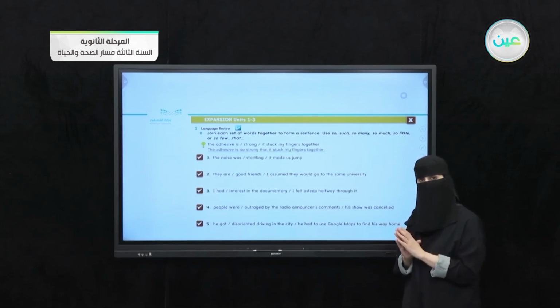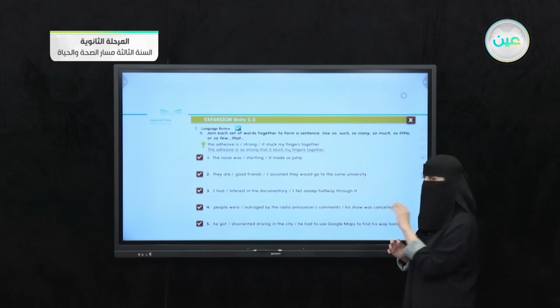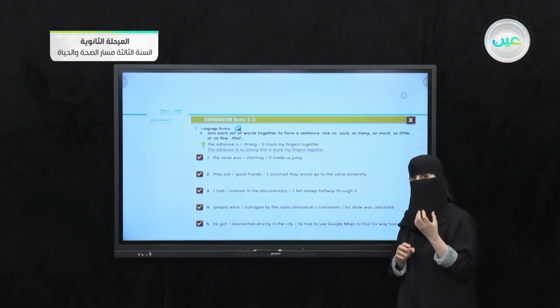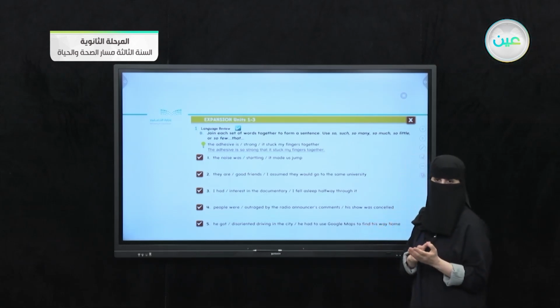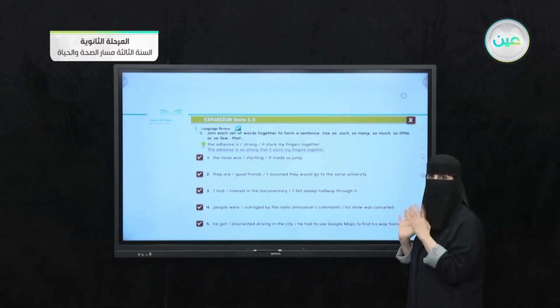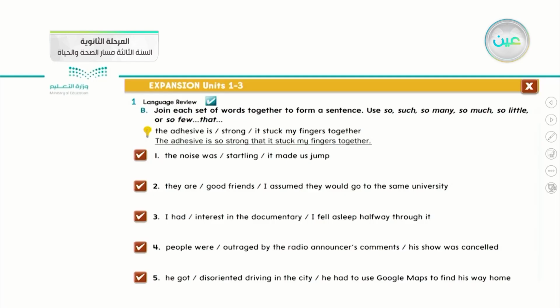Okay, how can I apply it? We will bring these expressions, see which one is suitable with the sentence and why. And after that, when I want to complete the joining, before the effect of the sentence, I join it with that. Let's apply it with the first one as a model.